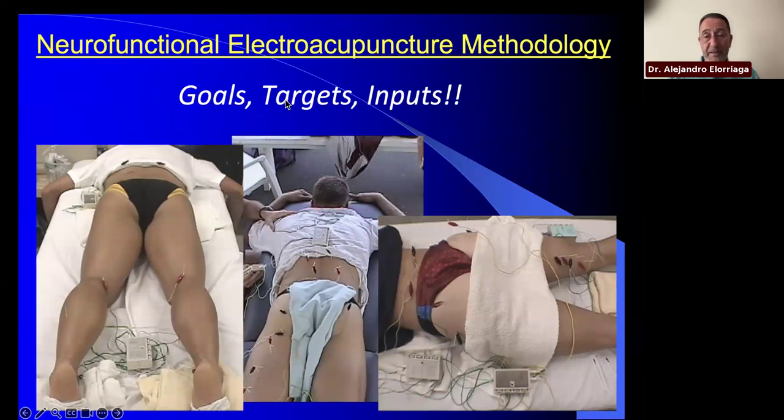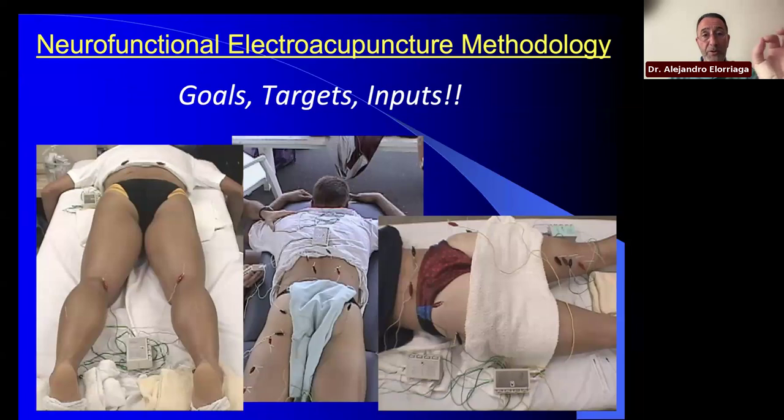This is an input. And the input is targeting, it's redundant, but it's the way it is. The input is targeting one part of the target, because if the target is a nerve, the nerve is very big. And then you're going to select preferential areas to access, which I will discuss, and I will go over this in detail in the next presentation. The next presentation is going to be